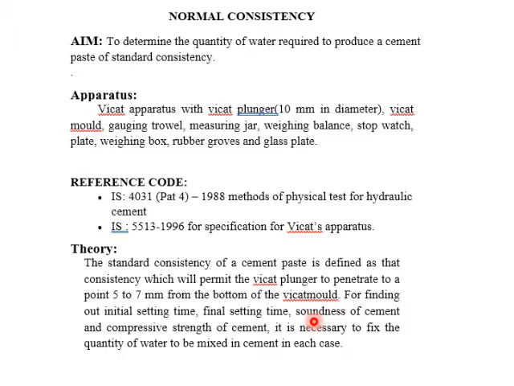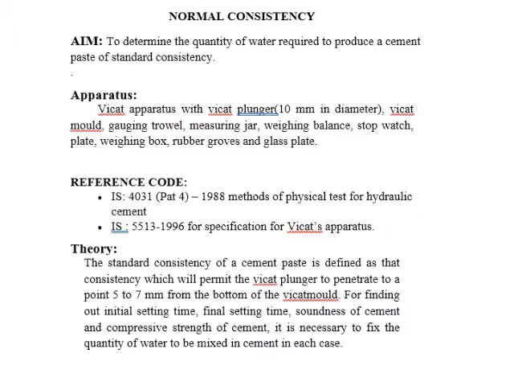For finding out the initial setting time, final setting time or soundness of the cement, this is one of the basic tests you need to carry out. This test is the basic preliminary requirement for all other further experiments on cement. Even for the compressive strength of cement, you need the standard consistency. Whichever experiment you do on cement, you basically need to know what right amount of water has to be added. So this experiment forms the base for all other further experiments.